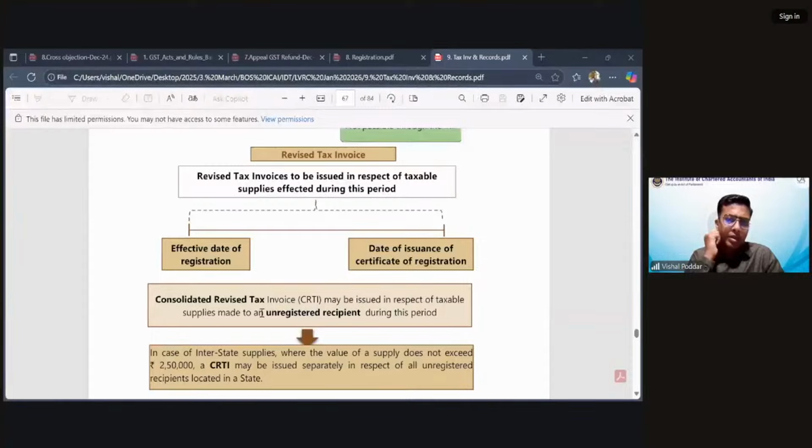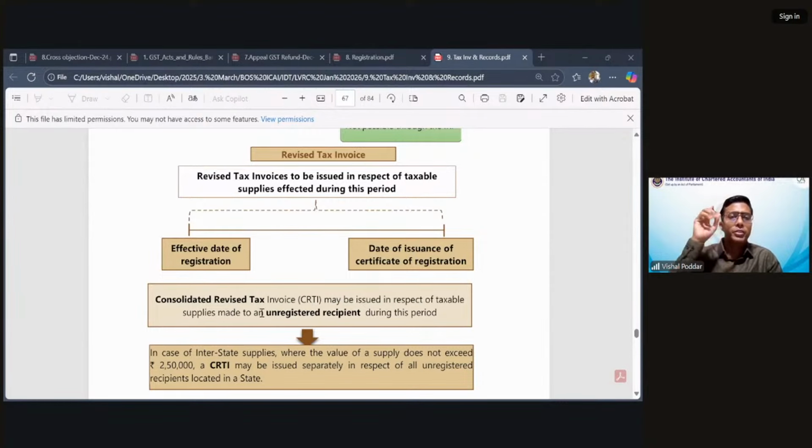So same example, you cross the threshold today of section 22, or you are involved in any of the transactions of section 24, because of which today you become liable to get registered. Now from today, within 30 days, you have to make an application, and you have made that application within this 30-day period. Now, if you remember what we studied in the registration chapter,